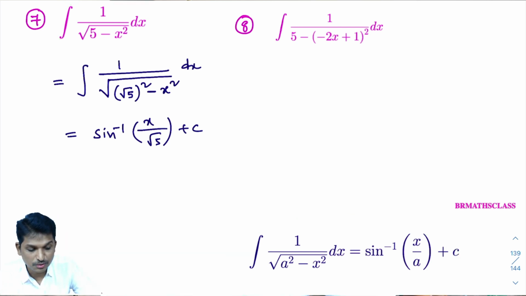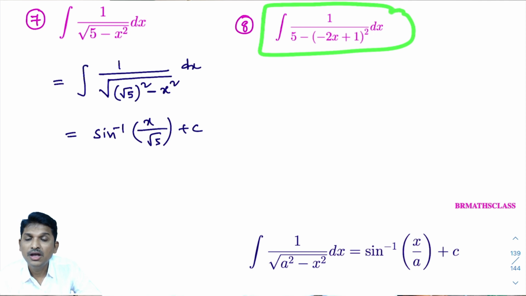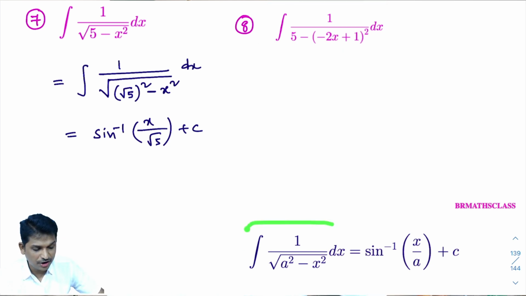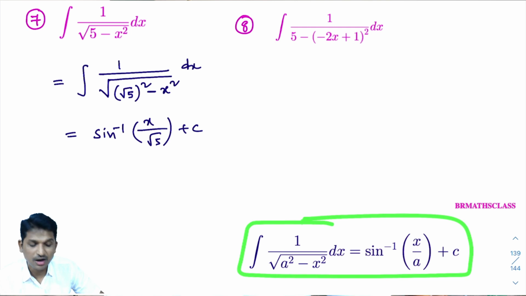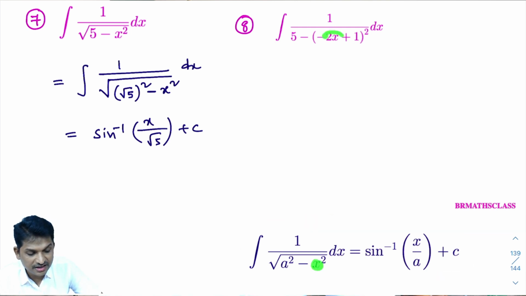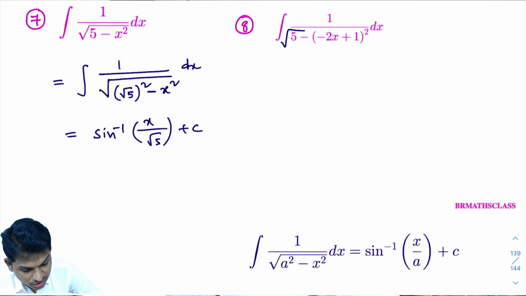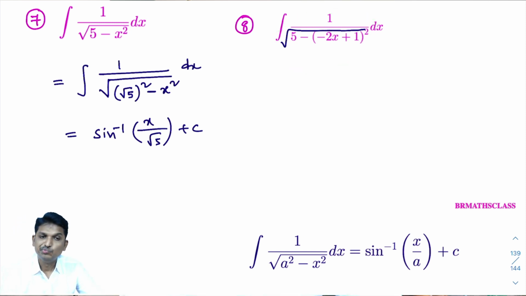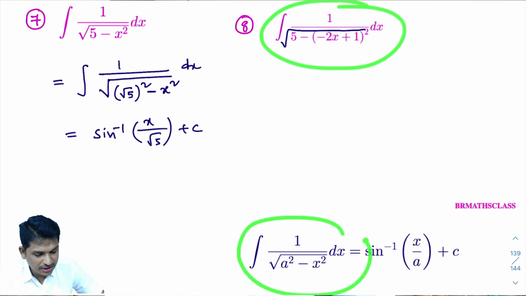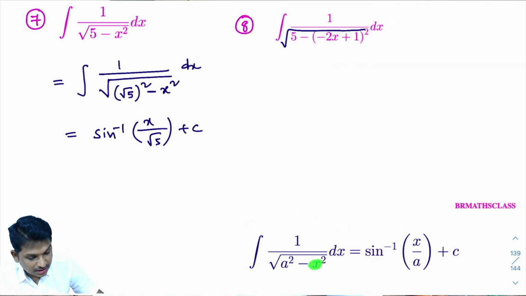Now you observe this problem. This is the tricky one. I think this is the 4th time I am doing the same type of problem. What you are learning here is this formula. In this formula, in place of x, if ax plus b is present, okay, here root is not there. Look here, in the question root is there. In place of x, if ax plus b is present, then how to write the answer? That is what we are learning.